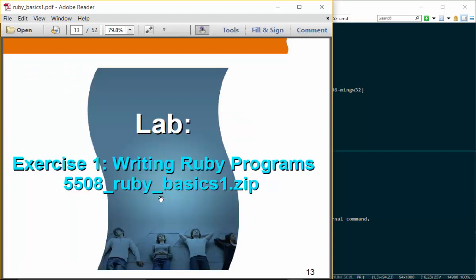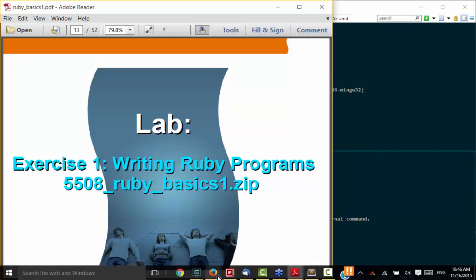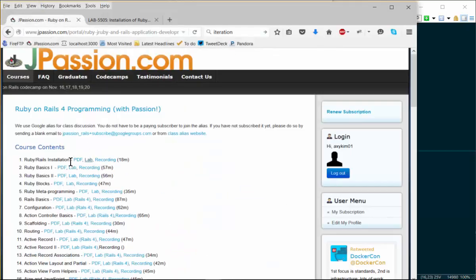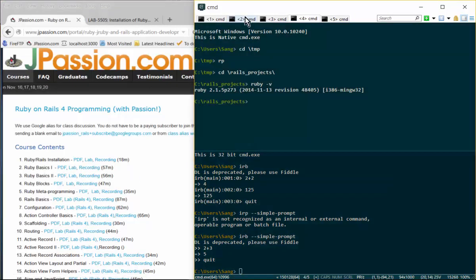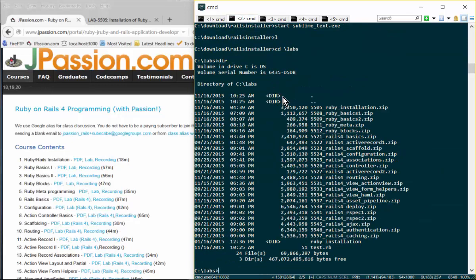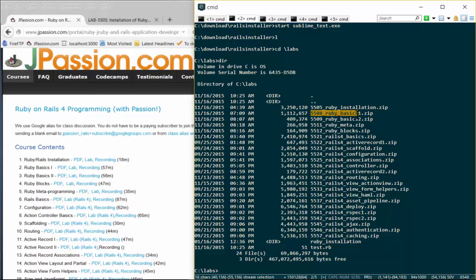Okay, so we are going to do exercise 1. Again, you are going to go to the class website, and you are going to download Ruby Basics 1. I have that one already in my shell here. In case, on my system I have every zip file loaded on the left. So that is the 5508 Ruby Basics zip file. You are going to unzip it,